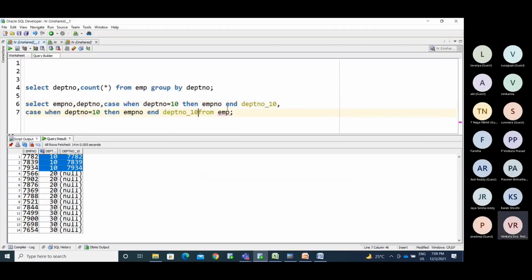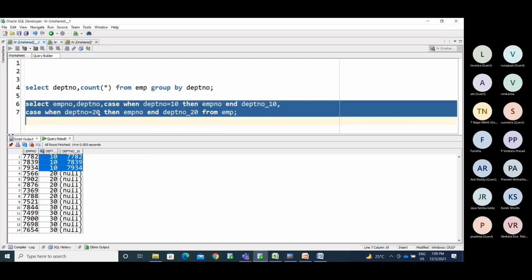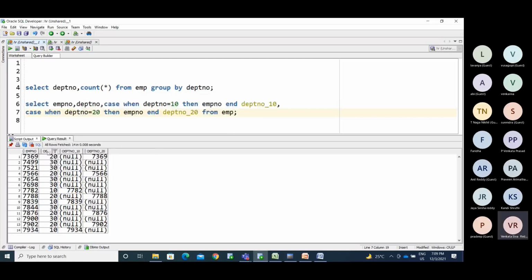Now I am displaying with both. We are getting the 10th department information in the first column, the 20th in the second column, and we have the third department as well. Keep that as the third column.